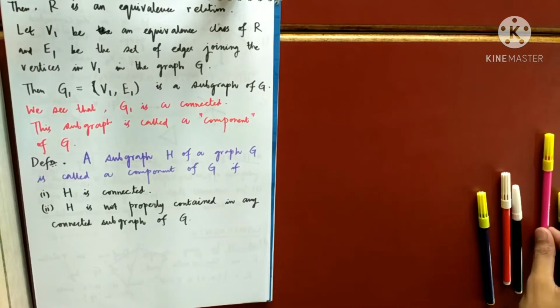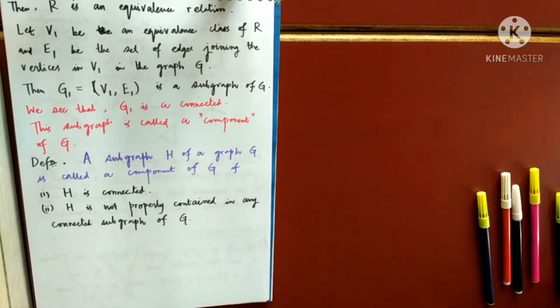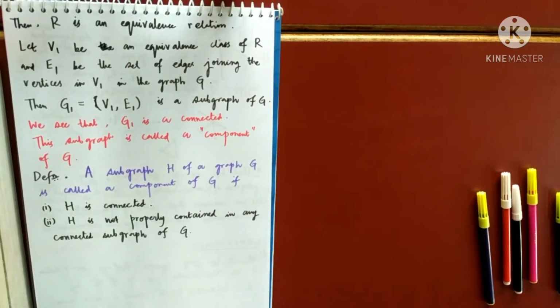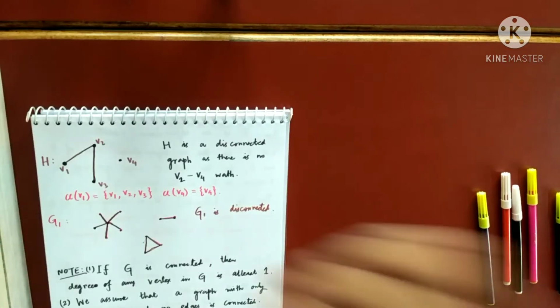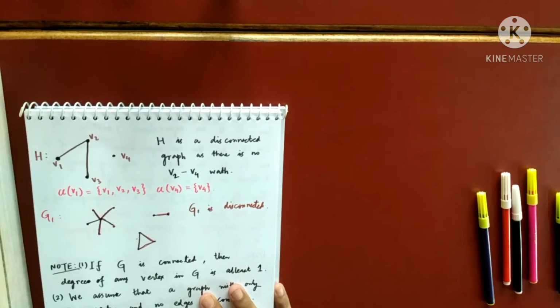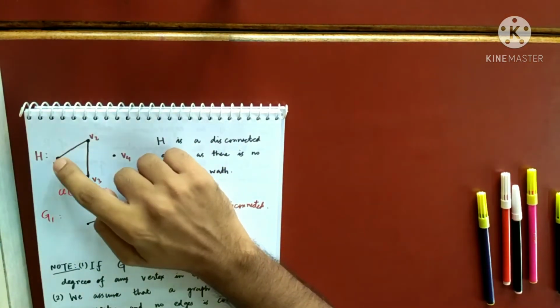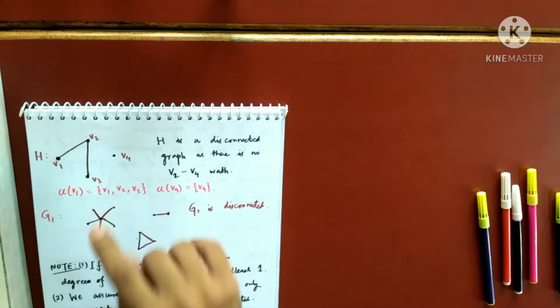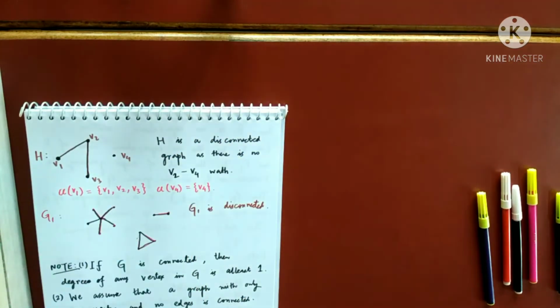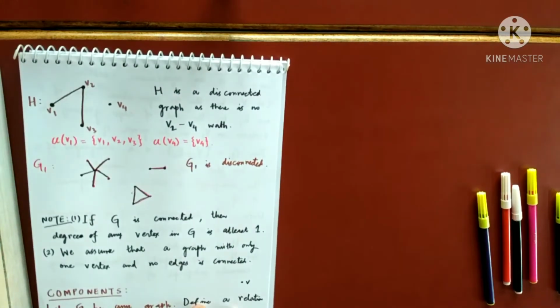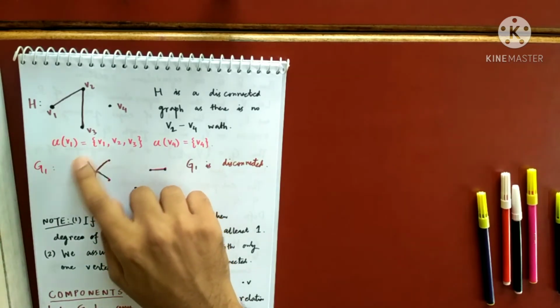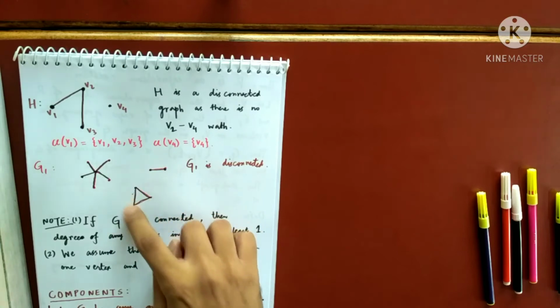So for example, I have already given you the examples in the last few minutes. Just to copy it down. So it has got how many components? Two components. One is this component. This subgraph is one component. This subgraph is another component. So this disconnected graph has got how many components? Two components. And this is another disconnected graph. So how many components does this graph have? It has got one component, two components, three components.